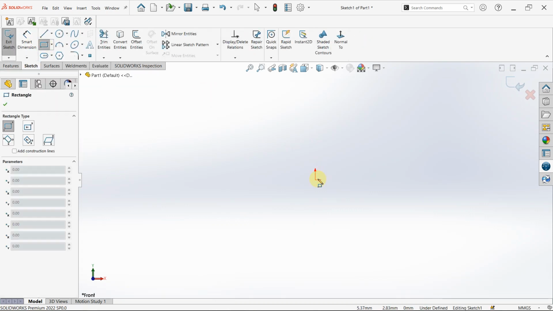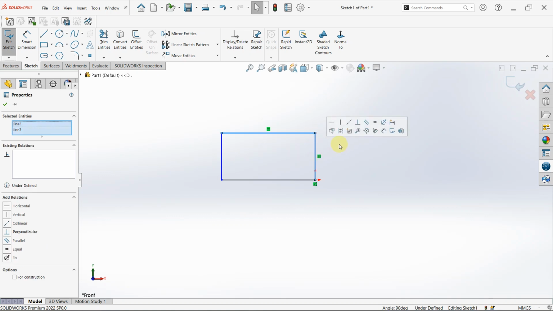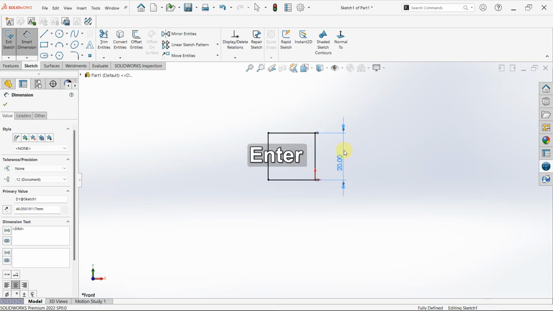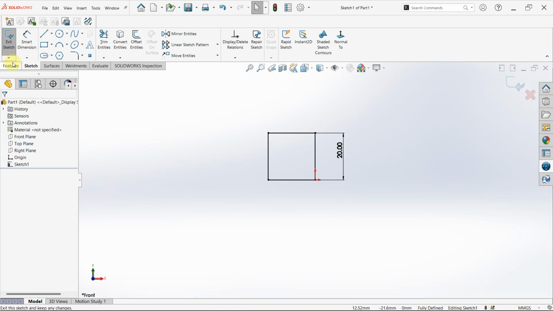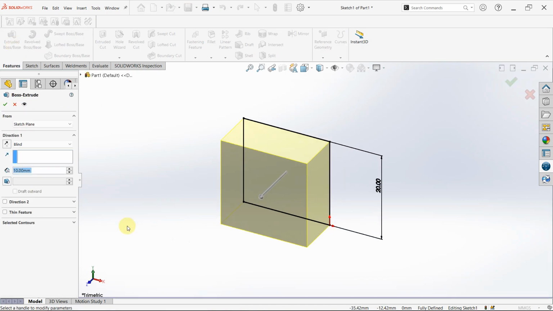I'm using a corner rectangle. So I will define this corner rectangle. We have this side and this side being equal. Add an equal relationship, then add your dimension, let's say 20. So it's fully defined. Come to your feature tab, extruded boss base, and then here you can